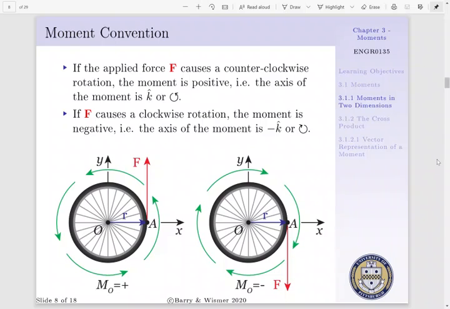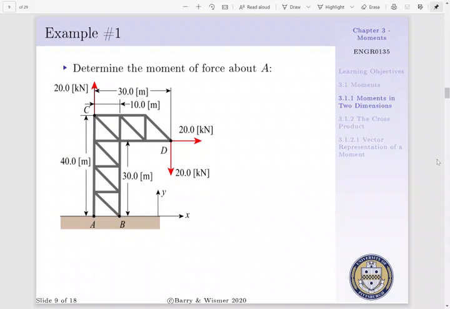our negative z-axis. Let us determine the moment of force about point A in this example. Say we have a crane tower that is 40 meters tall and 30 meters wide. We have a 20 kilonewton force applied at point C, and we have two 20 kilonewton forces applied at point D, one in the positive x direction and one in the negative y direction. And for us to determine the moment of force about A, we have to look at these forces acting on